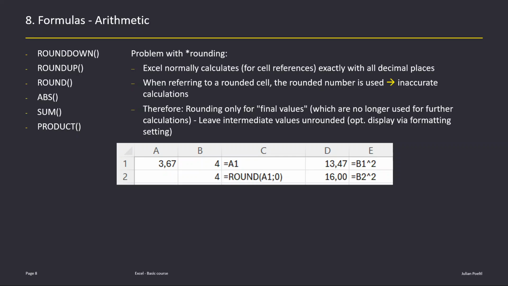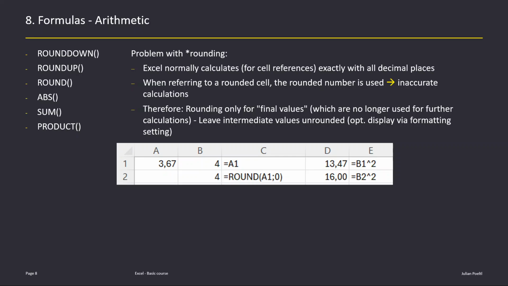So, you can then apply, for example, formatting settings when you want to have these numbers displayed differently. So, for example, 3.67 is, with a different setting, 4. So here, with the optional formatting setting, it's 4. Or if you round it with 0 decimal places, so to the whole number, it's also 4. But if you then calculate with the unrounded number to the power of 2, this will be 13.5